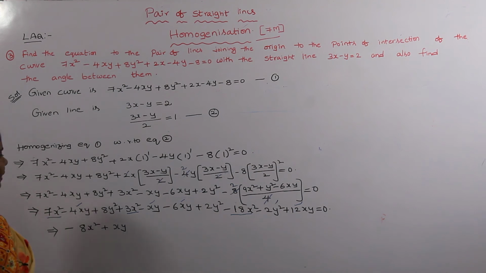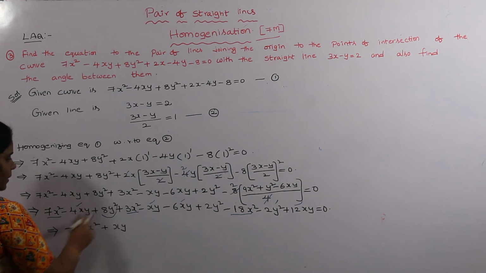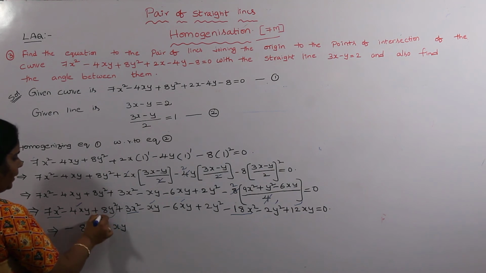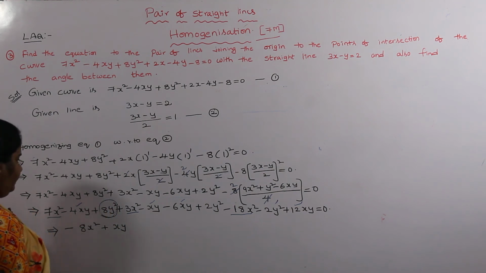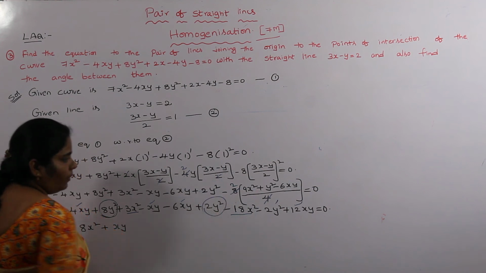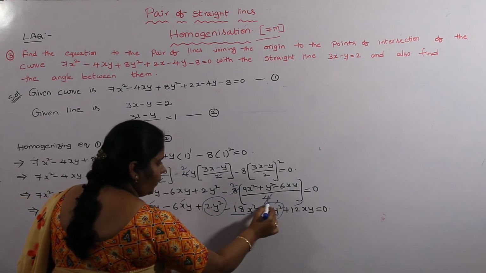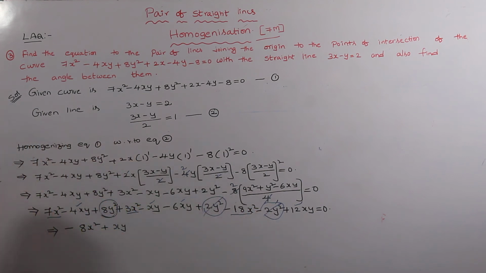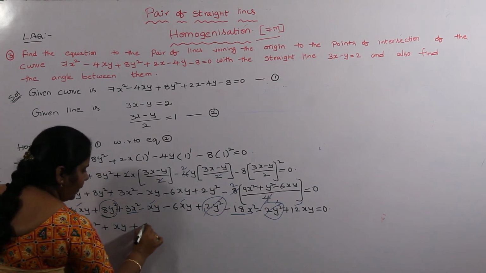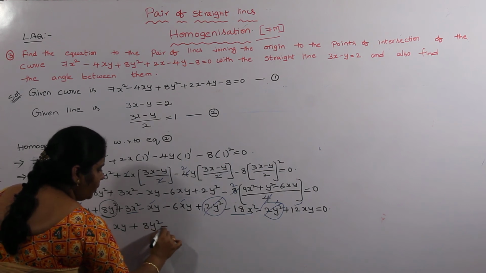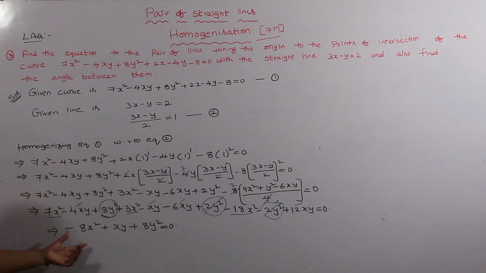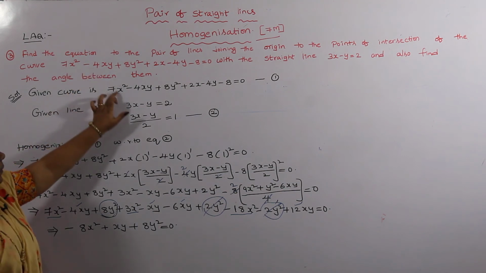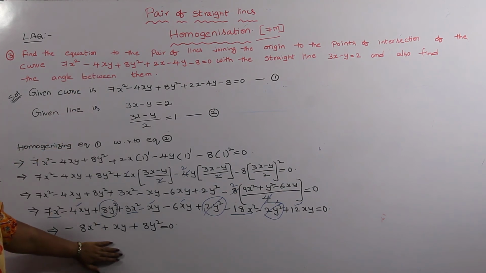Remaining terms are y square terms. This is one y square term, here we have one y square term, and here one more, this minus 2y square. Here minus 2y square plus 2y square cancel. Remaining is 8y square. So y square term is 8y square is equal to 0. Now this is a homogeneous equation. This non-homogeneous equation is converted into a homogeneous equation. Up to this process is the same for all these relatives.